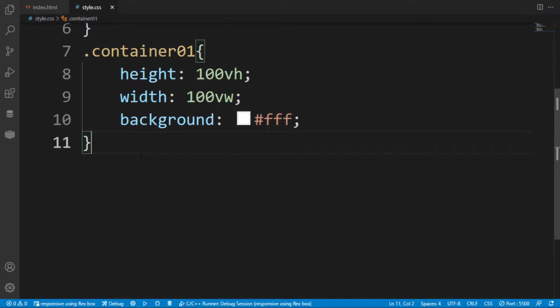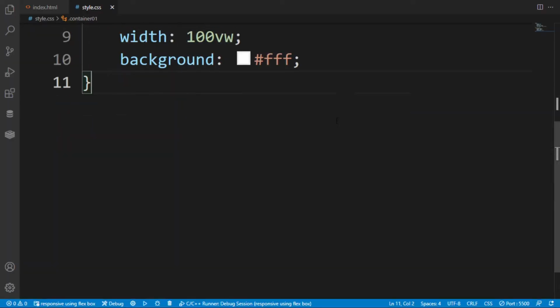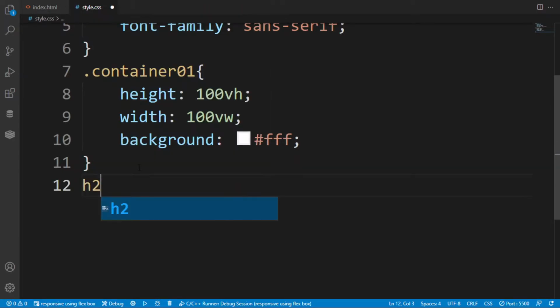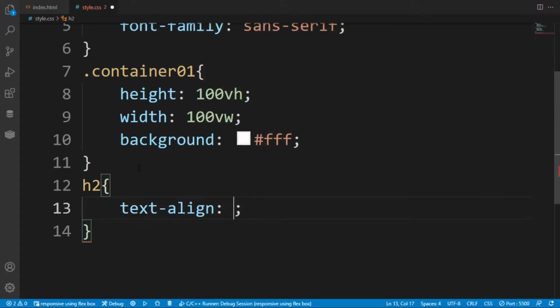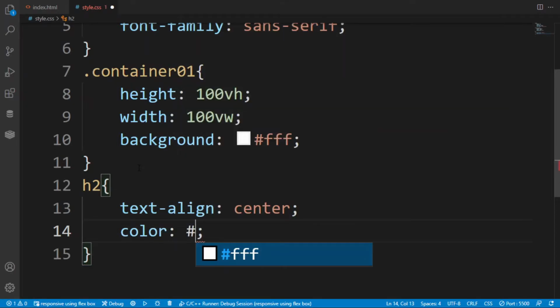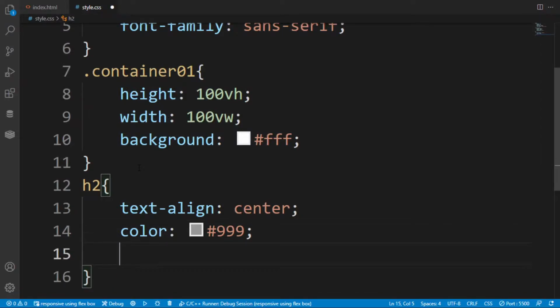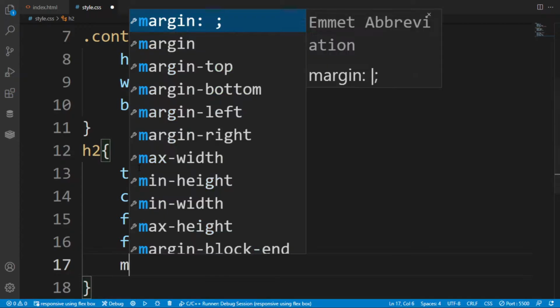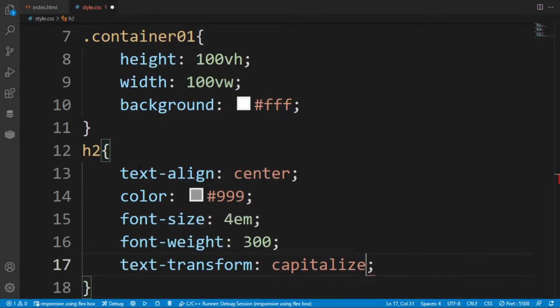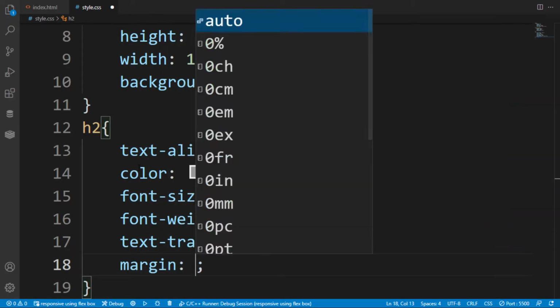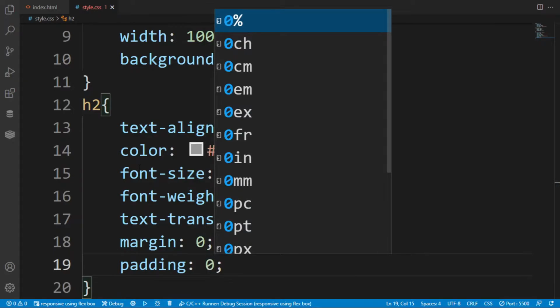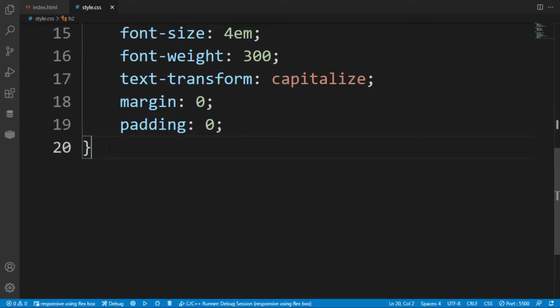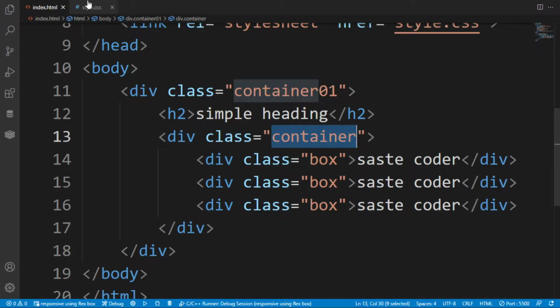By default it is also white. After this I want the heading that is in the container01 to be aligned center, and after centering this text, I want to give a color, somewhat gray, and increase the font size, because we have written it as a heading of h2. Font weight is 300, so it has been lightened, and after it I am giving text transform capitalize, so that each word at the start will become capital, and margin is 0, padding is 0, because we all know that by default in the heading the margin has been applied.